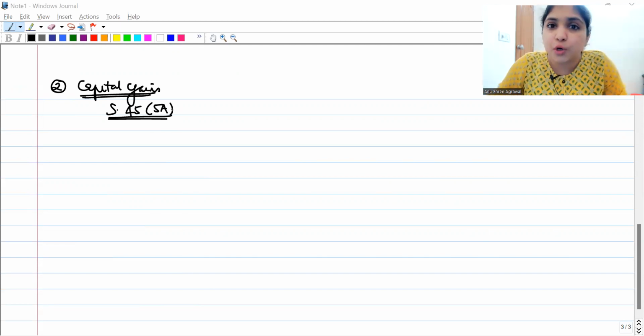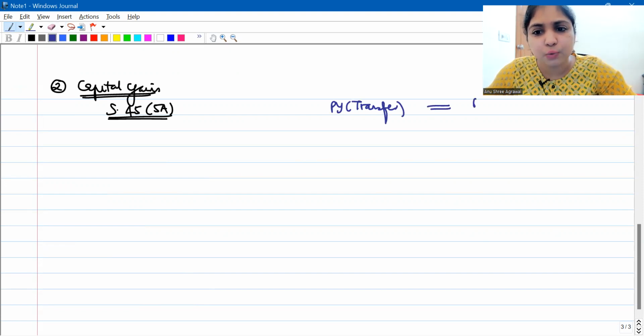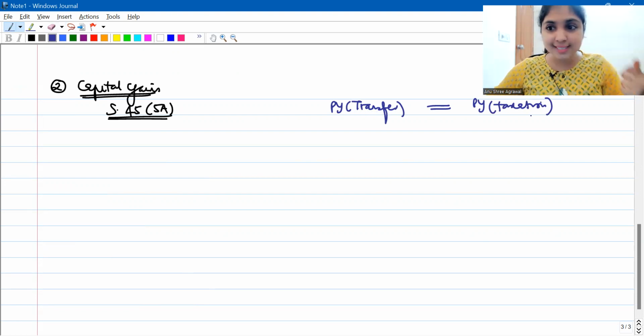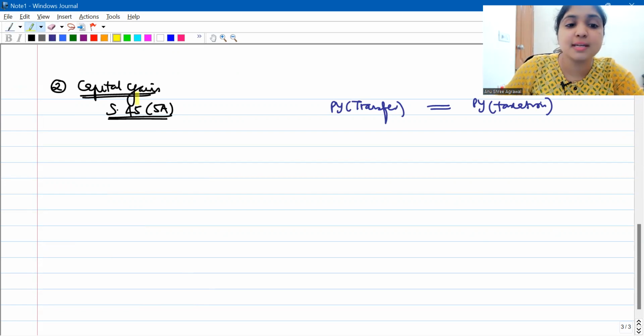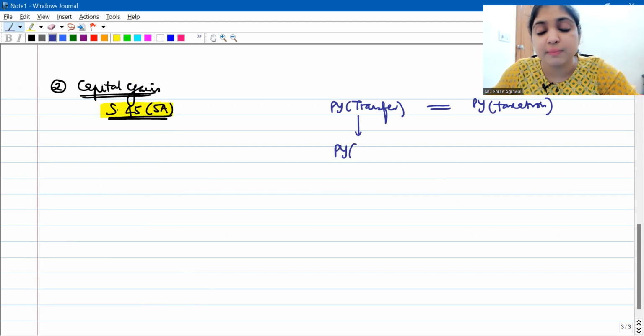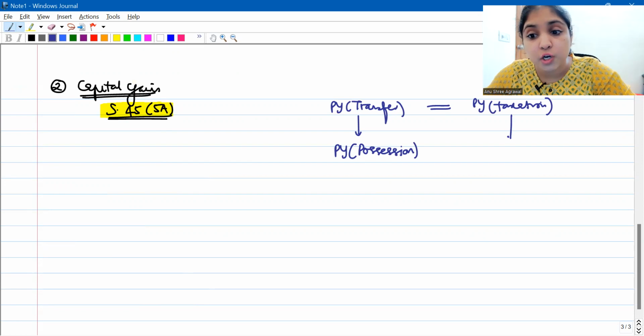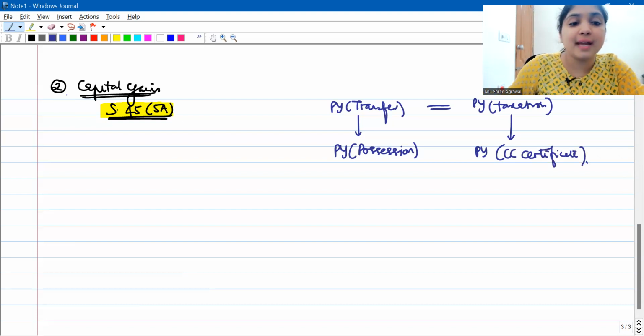So generally what do we do? Generally in the previous year in which we transfer the capital asset, in that year only we do the taxation of the capital gains also, right? So whenever we transfer the capital asset, that's when we tax the capital gains. But in specified agreement cases, in joint development agreement cases, section 45 subsection 5A applies, according to which previous year of transfer will be the previous year in which possession is transferred to the real estate development company, and previous year of taxation will be the previous year in which we get the construction completion certificate from the authority. All right, so keep this in mind, and now let's begin.